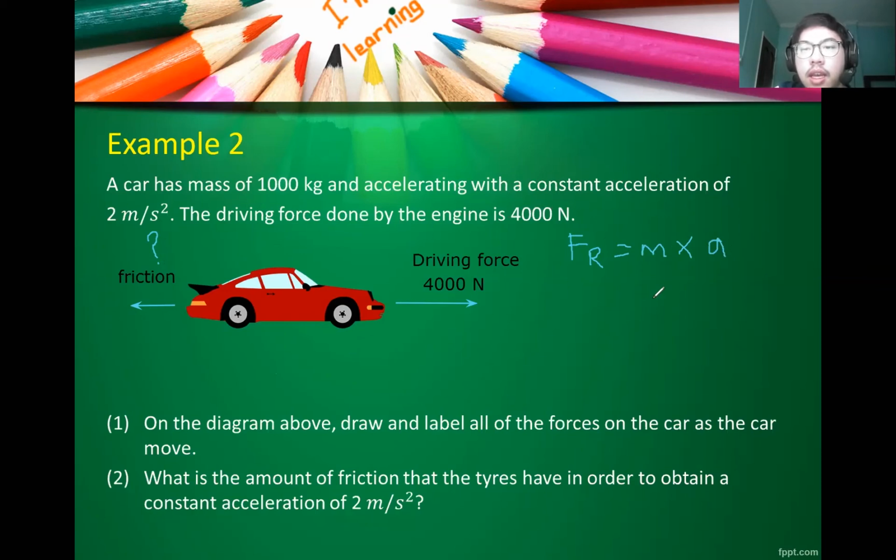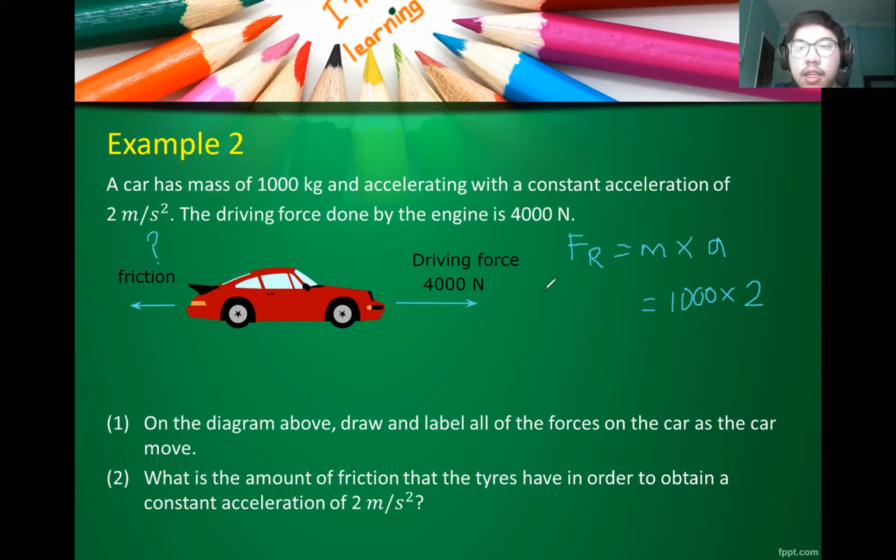Okay. What is the mass? The mass is 1000. What is the acceleration? The acceleration we want in this case is 2. So what should be the resultant force in order for us to get an acceleration of 2? Now, we cannot find the resultant force because even though we know the driving force is 4,000 Newton, we don't know what the size of the friction is. So for the time being, we can use